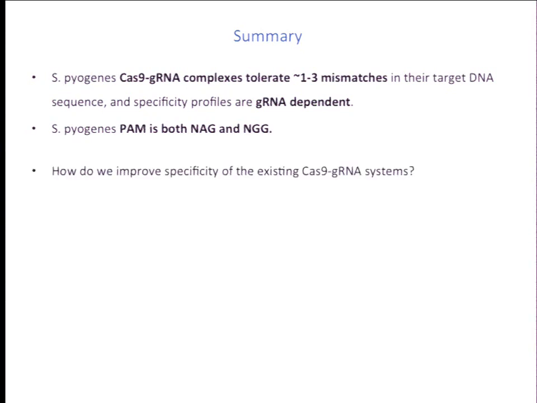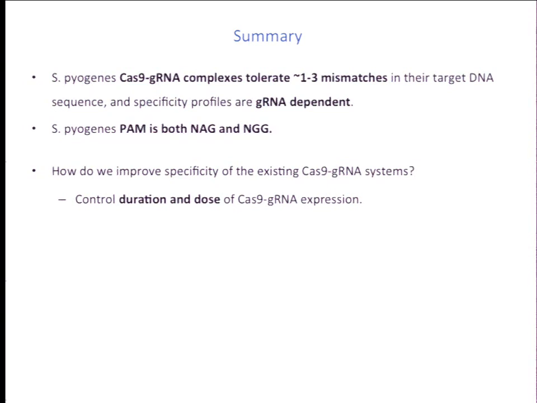And so clearly the important question that comes to mind is, well, if you can tolerate 1 to 3 base pair mismatches, then how can one start to improve the specificity of the Cas9 guide RNA system? And really there are 2 major approaches that one can take. The first is, of course, can we control the duration and dose of the Cas9 guide RNA expression? And clearly it's a kinetic argument where if you have sufficient duration and dose of your Cas9 guide RNAs, then one would eventually hit almost all your off targets. So providing an appropriate pulse of Cas9 guide RNA expression, typically, in my opinion, the best approach is to use RNAs, then one can have very high specificity.